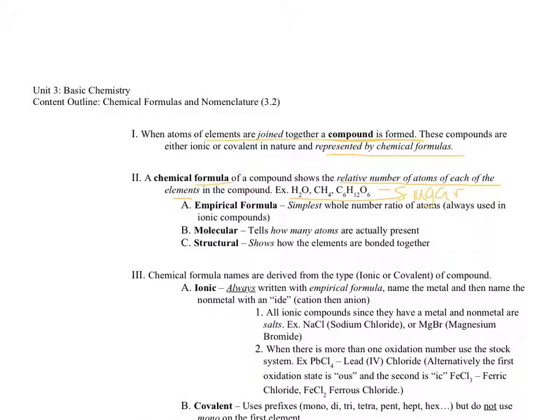There are 3 different types of chemical formulas. We have what's known as the empirical formula, which is just the simple whole number ratio. If we think back to math class, if I have 2 to 4, that's a ratio. The simplest whole number ratio would be if I reduce that down to 1 to 2. So in the case of sugar,